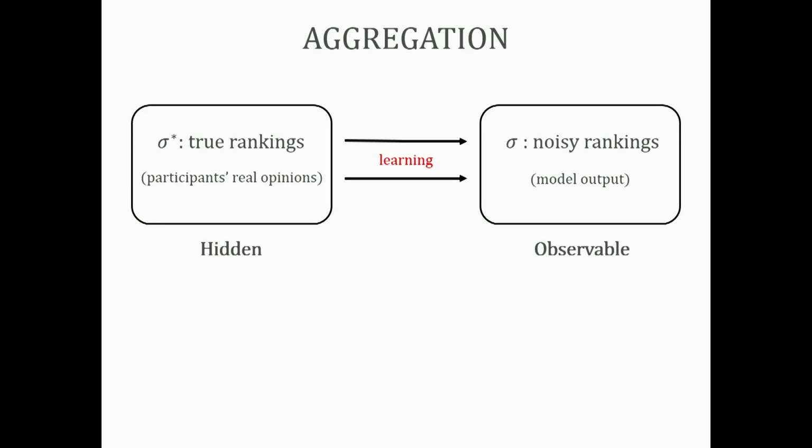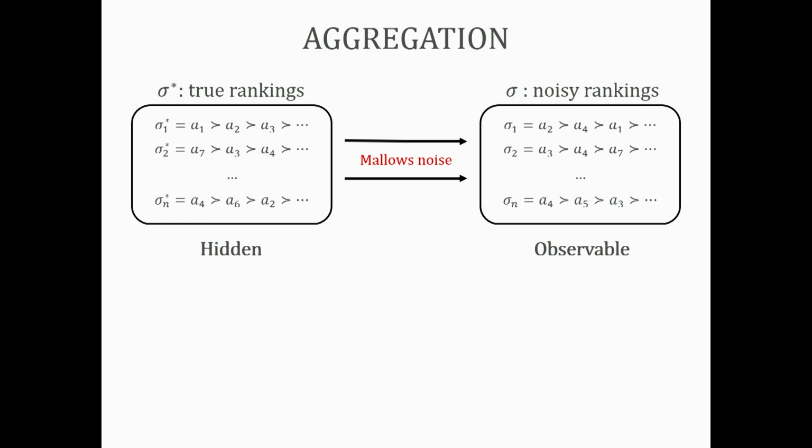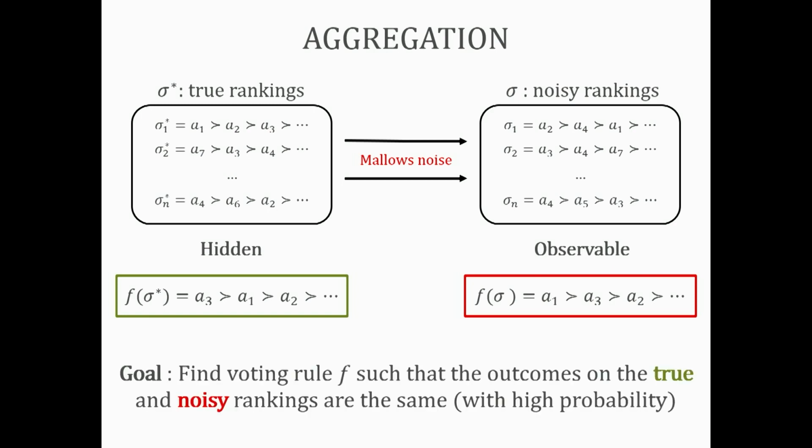So again, on the left, we have the hidden true votes. On the right, we have the observed noisy votes, and learning is in the middle, trying to take us from one to the other. Okay. Malus noise is a technical term for the type of noise we assume. Right, so we apply a voting rule on the left, and it is some kind of recommendation or some outcome. If you applied your voting rule on the left, you'll get that A3, recipient 3 should be first in line, and then 1 and then 2. And when you apply it on the noisy votes, you might get something else, but you don't want it to be too different. Okay.